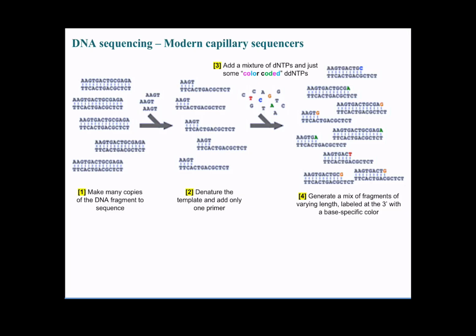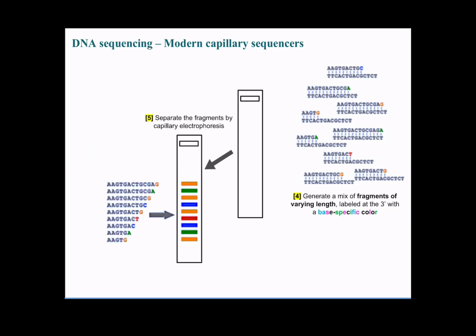All of this is still in a tube. It's all in a mix. So if we were to shine light on this tube, what we would see is a mixture of all of these colors together. Not very useful. We're not really getting any information out of it. So what we do instead is we take the mixture and we load it into a very special kind of gel,